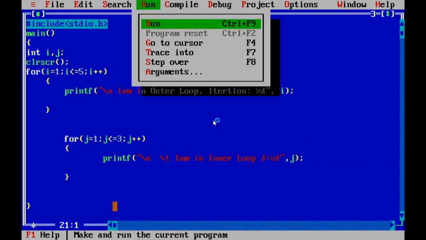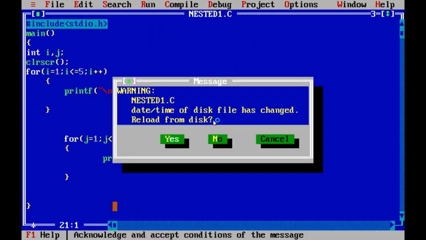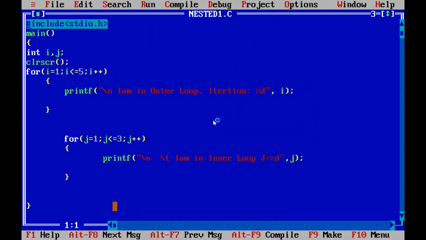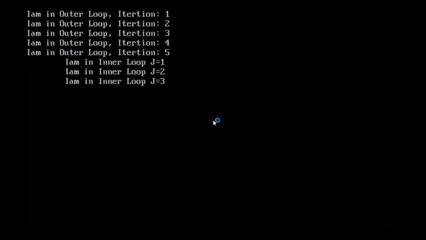Now run the program, Control plus F9. Program executed. Now we'll see the output on the user screen here. If you compare the previous output and this present output, in the second program, after modifying our program, we separated the two loops. I removed the inner for loop from the loop and wrote it separately.